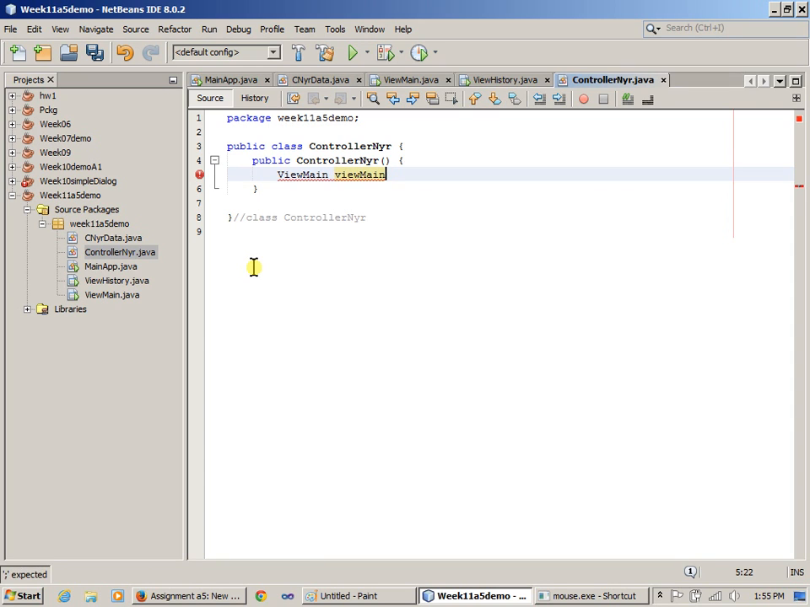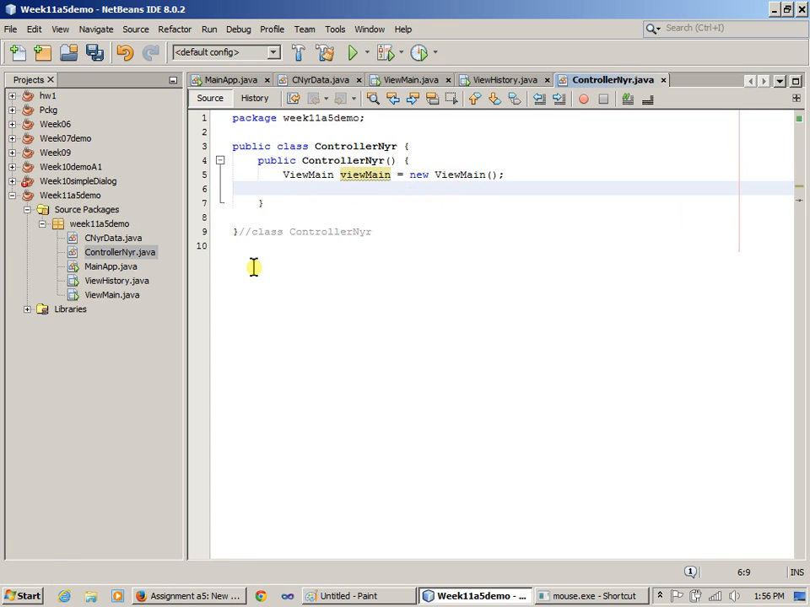View main equals new View main. I'm just guessing this is what it takes to create a window in our case. I don't have any specific parameters, but I can create a window, and then, if that's the start of the use case, I can just say view main,